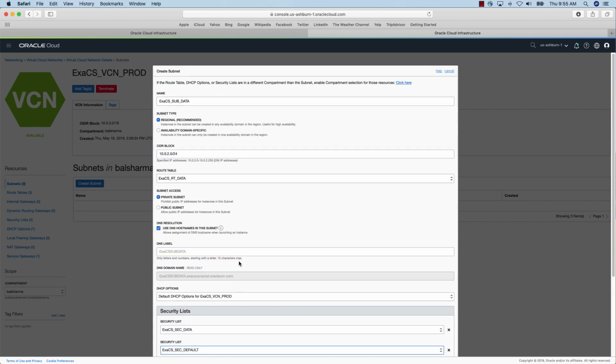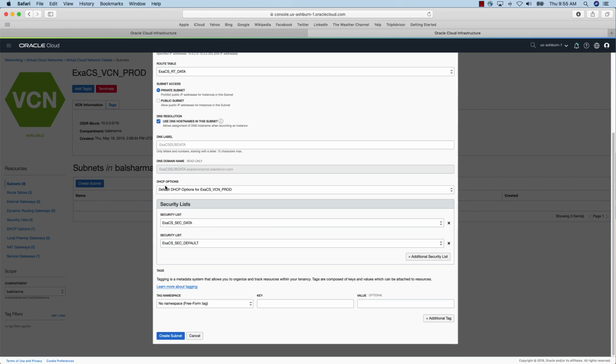So let's review what information we have given here. We have given it a name, we created a regional subnet, we provided the CIDR block, we attached it with the routing table which we have already created earlier. Subnet access is going to be private subnet, and you need to select the DHCP options, which we have given the default DHCP option, and then the security list which we created. The security lists which we created, one custom security list and the other one default security list. So with this, you can click on create subnet,